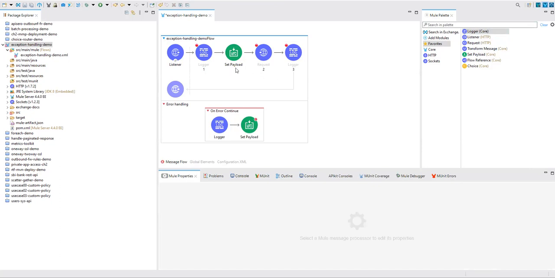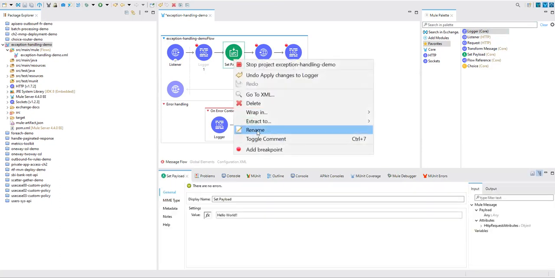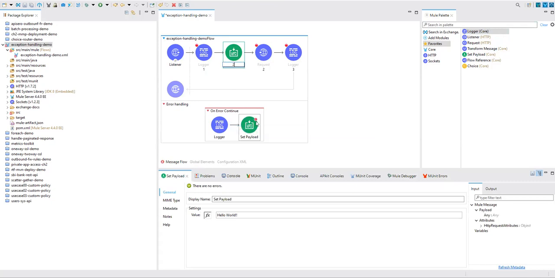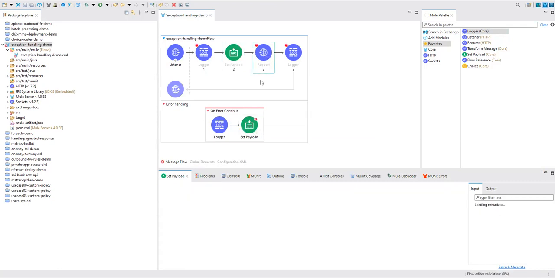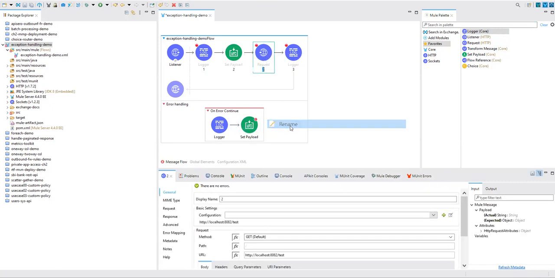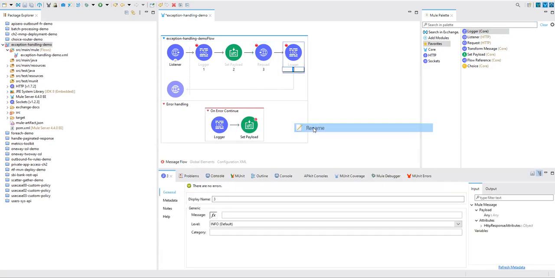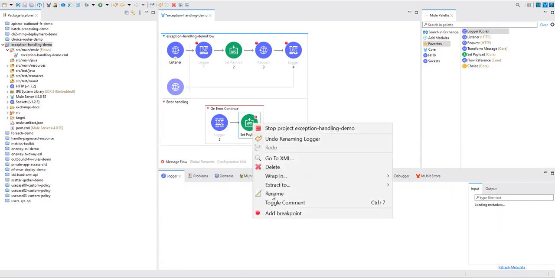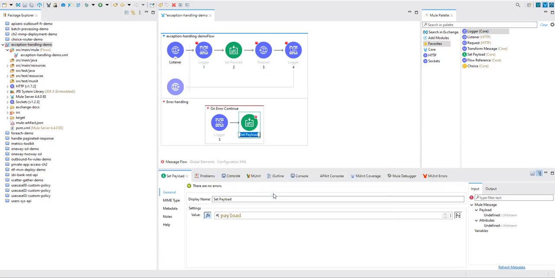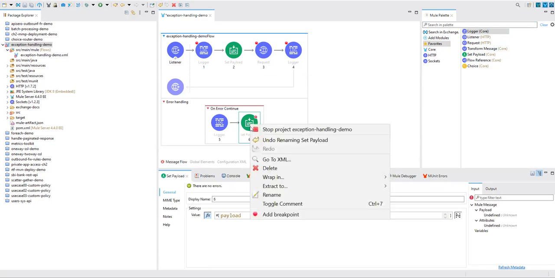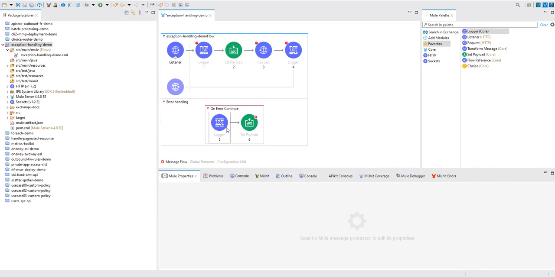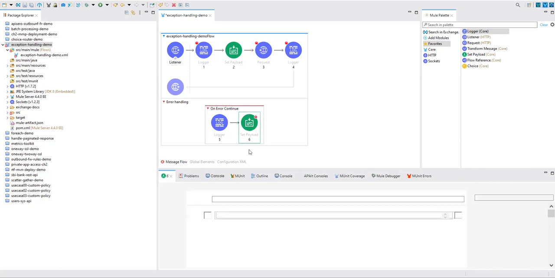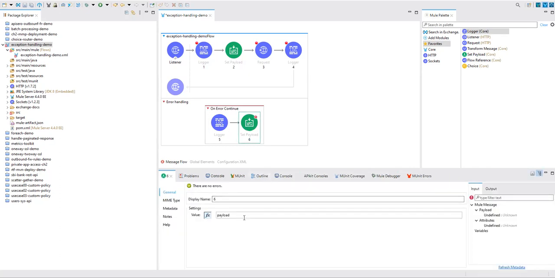So for activity 3, what we'll do is rename now. This becomes 2. This becomes 3. This is 4. This is 5. This is 6. And inside this activity, what we'll log, we'll say that